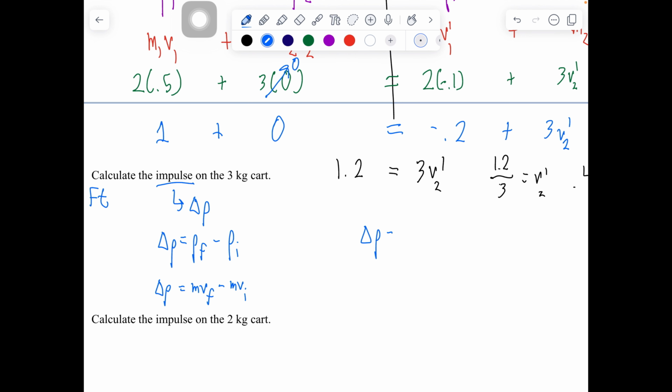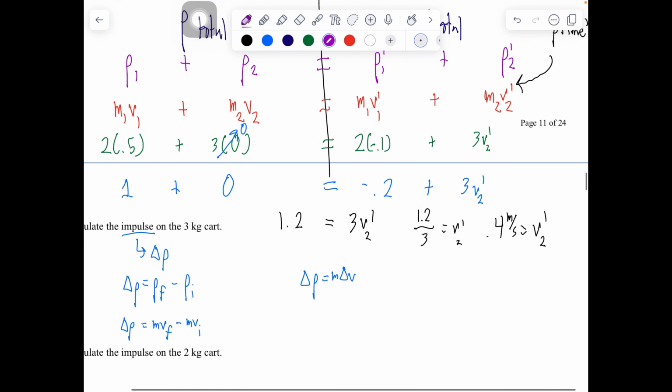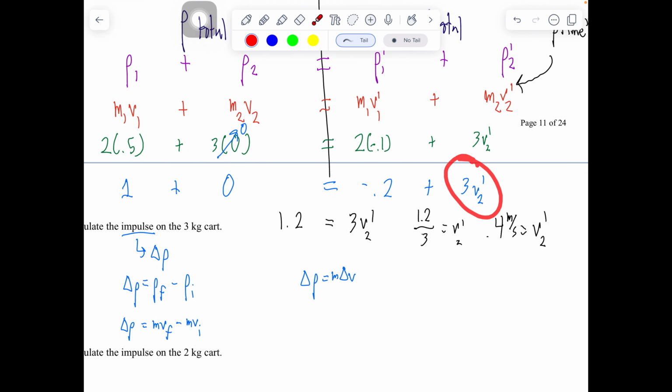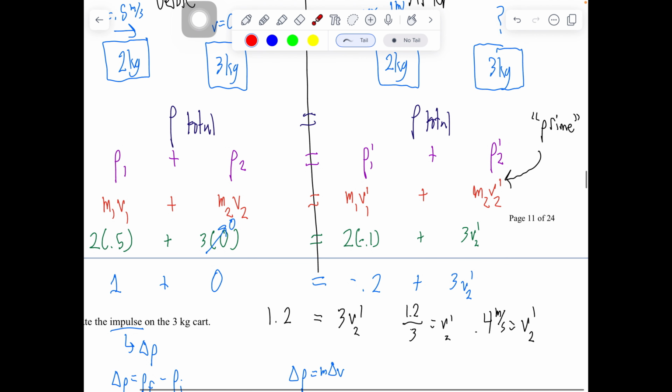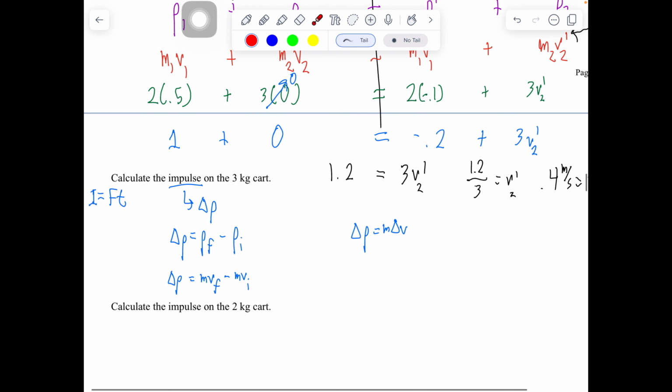Change in momentum is mass times change in velocity. I'll show you plugging it in both ways. Doesn't really matter which way you go about it. First way, plug in the final momentum. Well, final momentum is mass times velocity. Again, we have that right here. We know the mass is 3. What's the velocity? Oh, 0.4. 3 times 0.4 gives you 1.2 for your final momentum